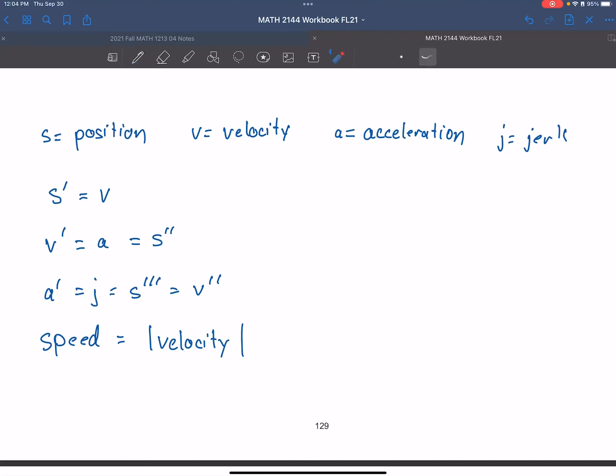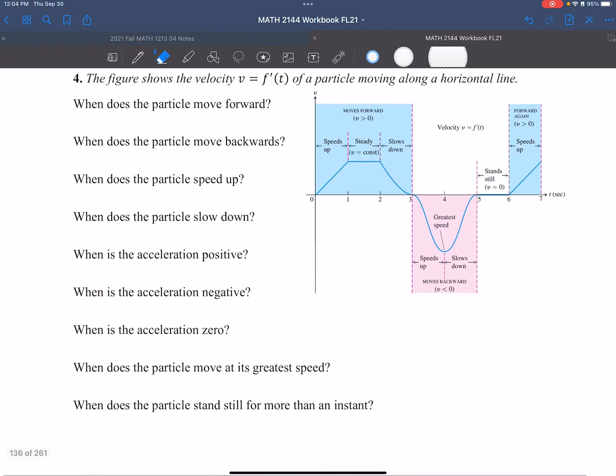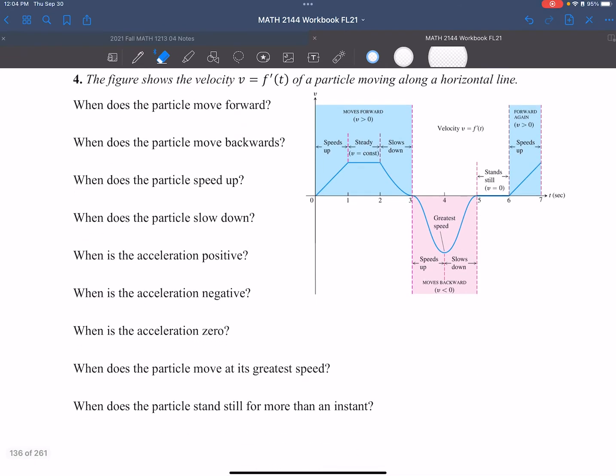This is the review of what we talked about last time. Let's go ahead and look at these ideas of motion now in the context of the graph. So on page 129, we're looking at number 4 right here, and we're asked really a series of questions associated